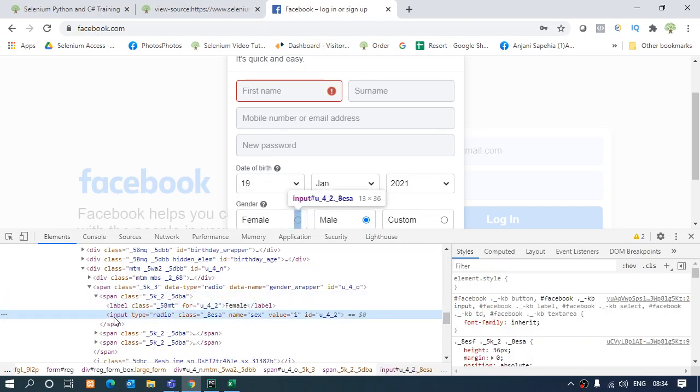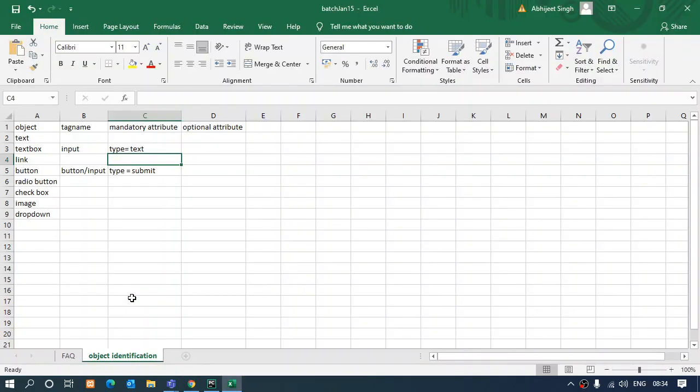This is the radio button. And what tag does it have? Anyone? Input. And what's the mandatory attribute? Type is equal to radio. Yeah. So we can see over here, type is equal to radio.